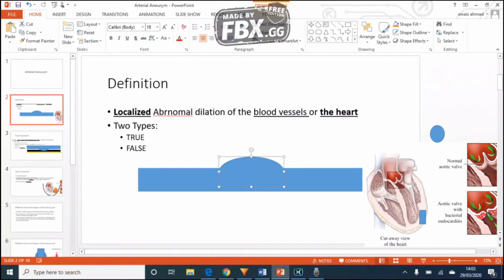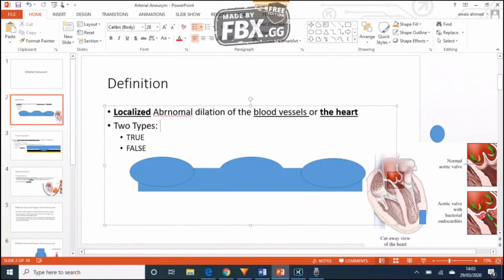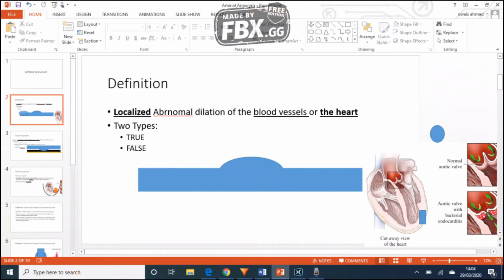Aneurysm means dilatation, rupture means a complete breaking. Over here, breaking of the wall, and over there, dilatation of the wall. What does this mean? If you have a rupture, there's a pericardium, the blood, like you have an aneurysm, then the aneurysm even ruptures, so everything ruptures. Sorry. So imagine there's a hole, this wall does not exist. Then the blood would become a hematoma in the pericardium. Imagine the black is a pericardium.